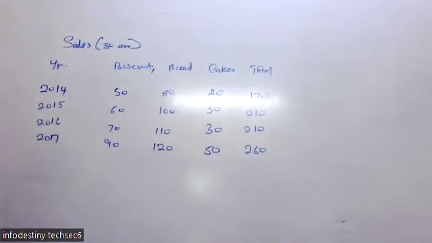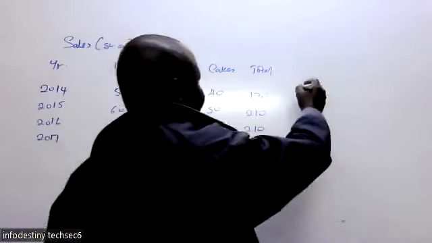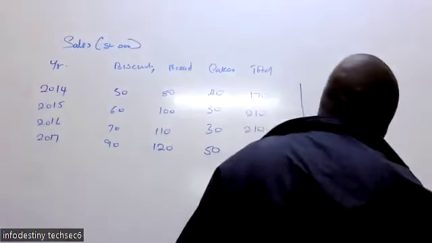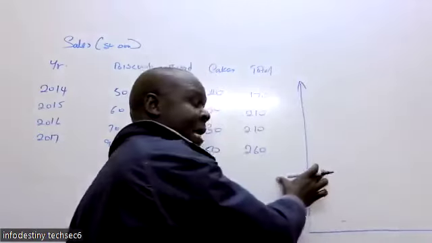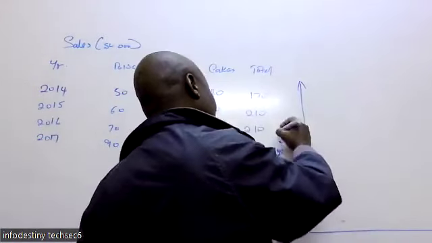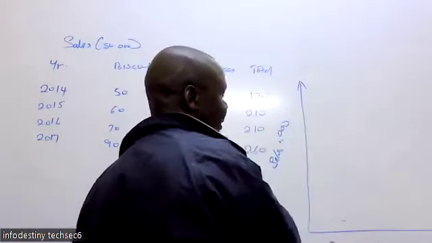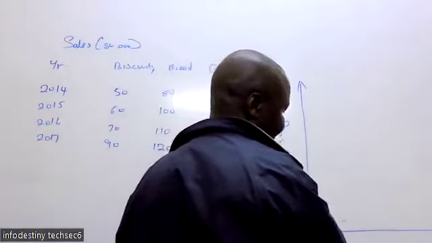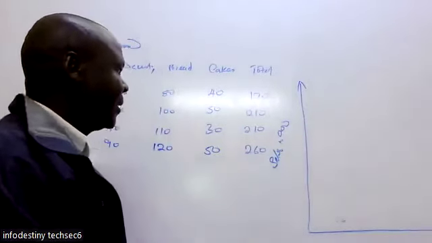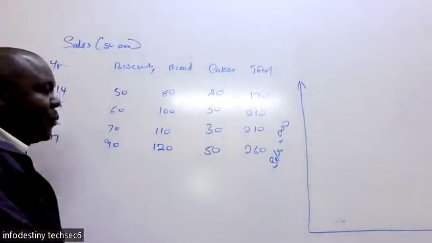Now you're going to start by drawing the simple bar chart. Now we have the year and we have the value, that's the sales in thousands. So let's have the diagram here. Now in this particular diagram, this side is the sales in thousands, not in thousands, just like 3 zeros. This side is the year. So we talk about the year and sales in the diagram. Now, in this simple bar chart,